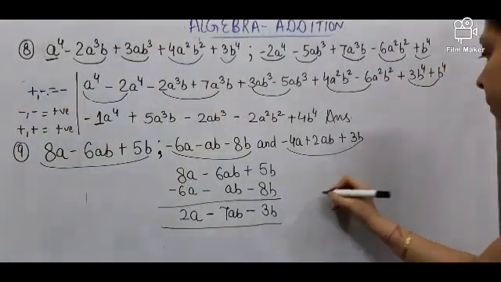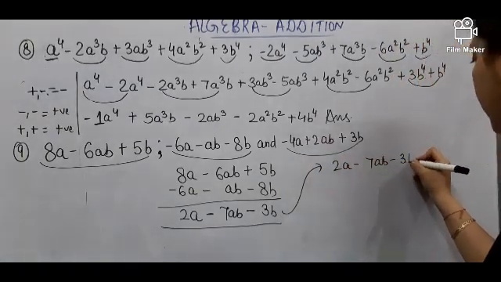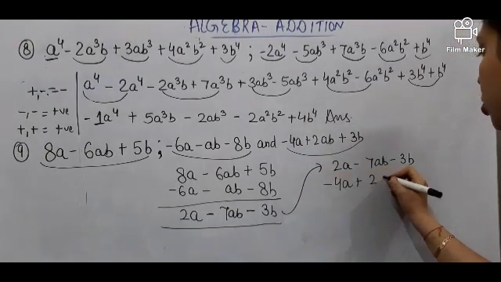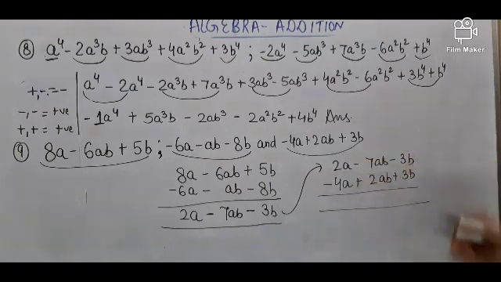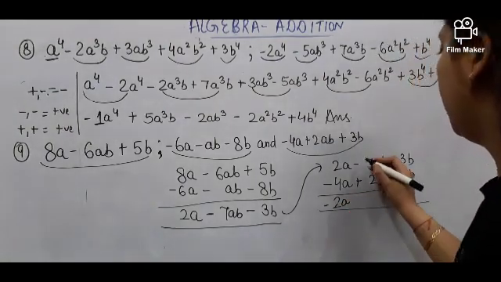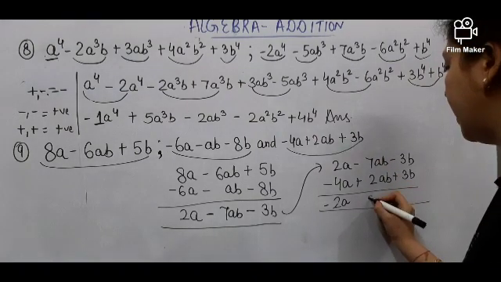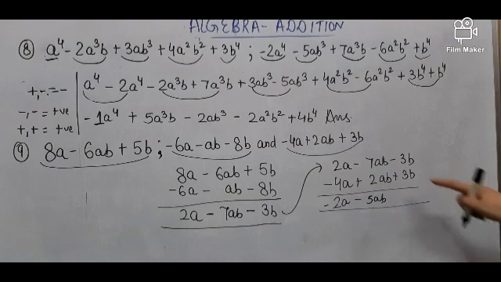Now I will take this result here and add the third term to it: minus 4a plus 2ab plus 3b. 1 positive and 1 negative results in negative, so 4 minus 2 is 2, but as 4 is preceded by a negative sign, the result will be negative. 1 positive and 1 negative is negative, so 7 minus 2 is 5, but as 7 is preceded by a negative sign, a negative sign will be there. 1 positive and 1 negative, so 3 minus 3 is 0.